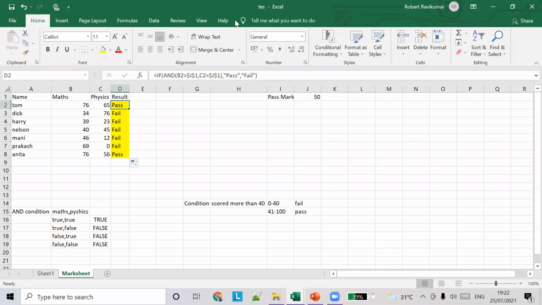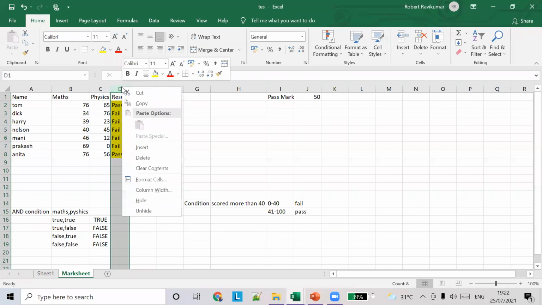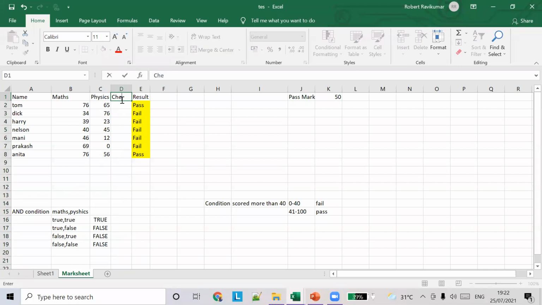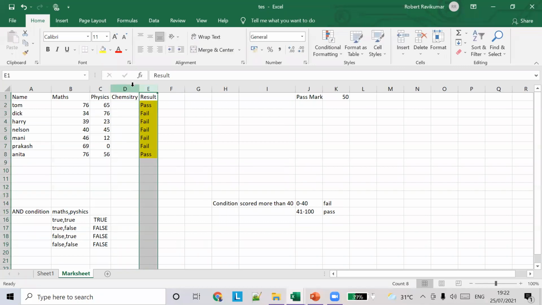See, let's add another subject, chemistry, and see whether he has passed or not. So now I want someone to get the results for me. Someone has to tell me whether people have passed in all the subjects.